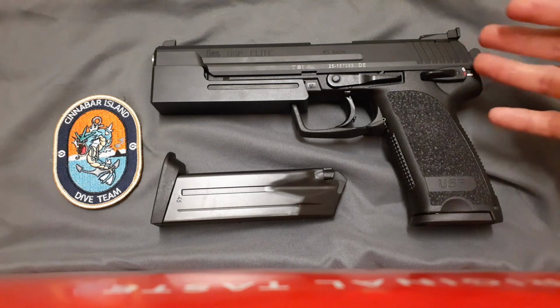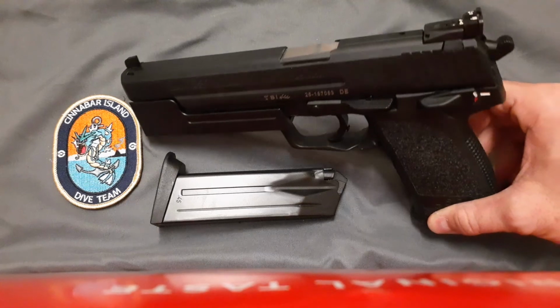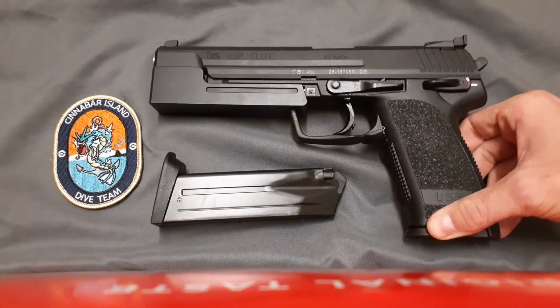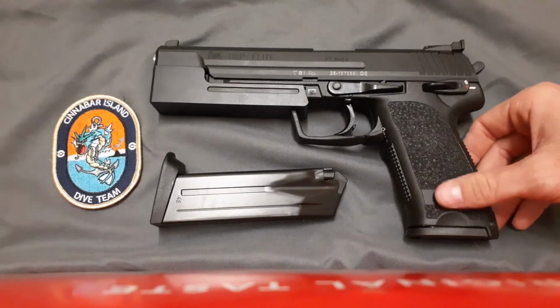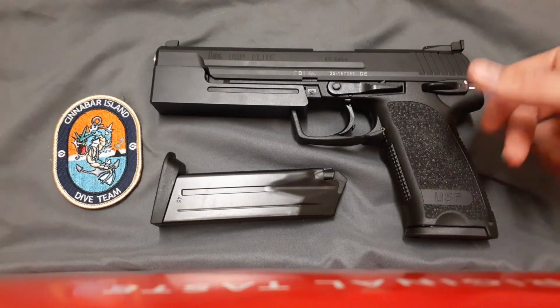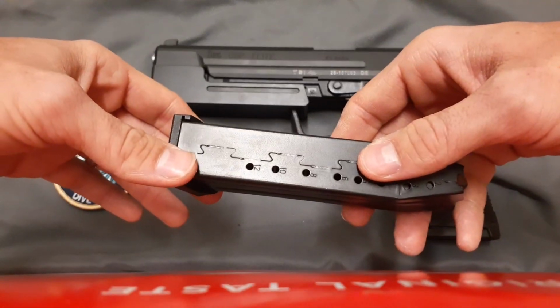Of course, Florida doesn't have a stupid handgun roster, so we can get whatever we want, but it's just what I've been seeing when I was looking for one of these. All of them kept saying California compliant, California variant. This one's not, because it came with the standard 12 round magazines, which